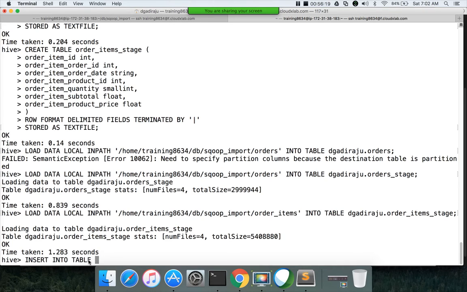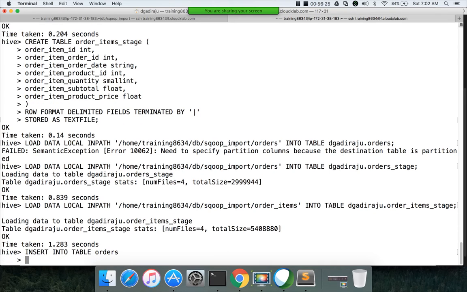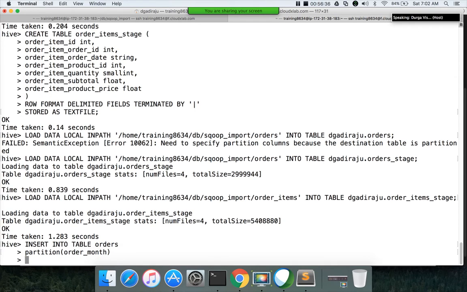Insert into table, the table name is orders, and then you have to say partition order month, because the table is partitioned, and we have to say select O dot star, and orders have only 4 columns, and the 5th column is order month.